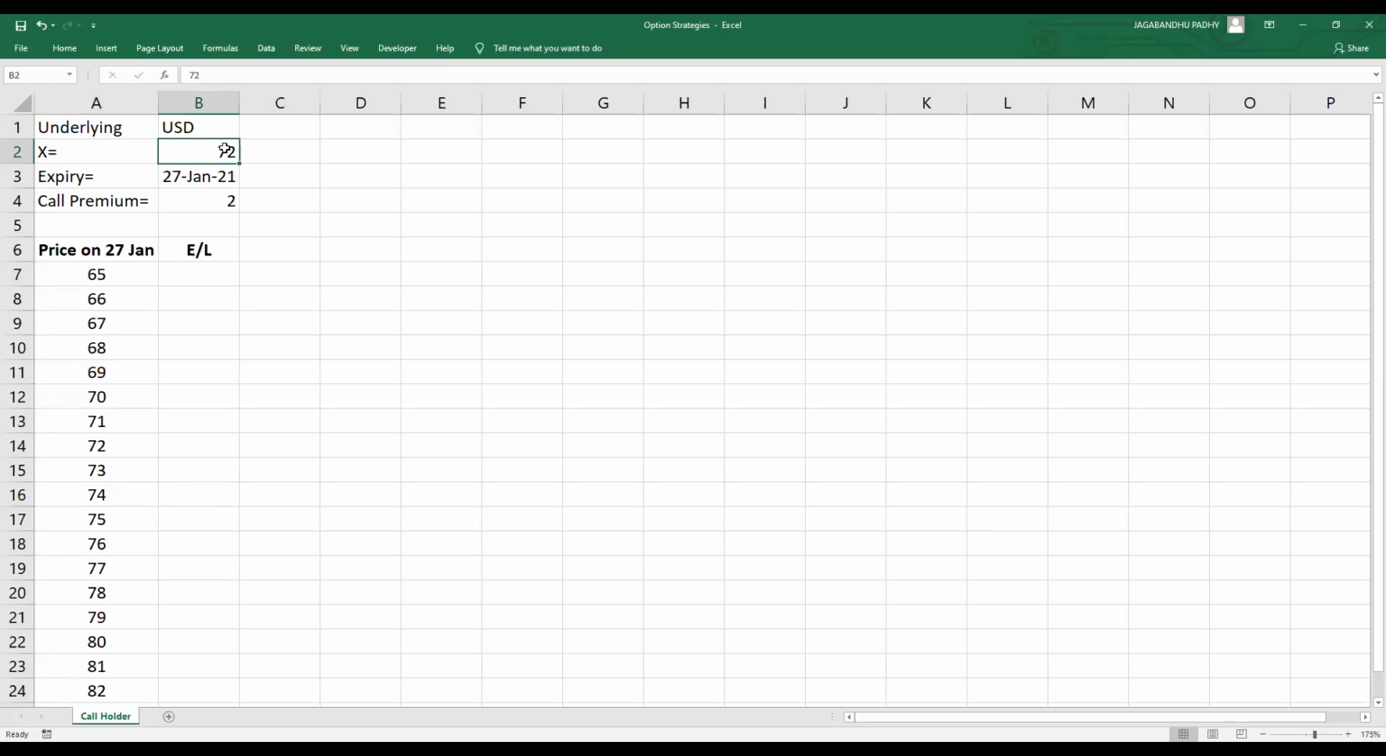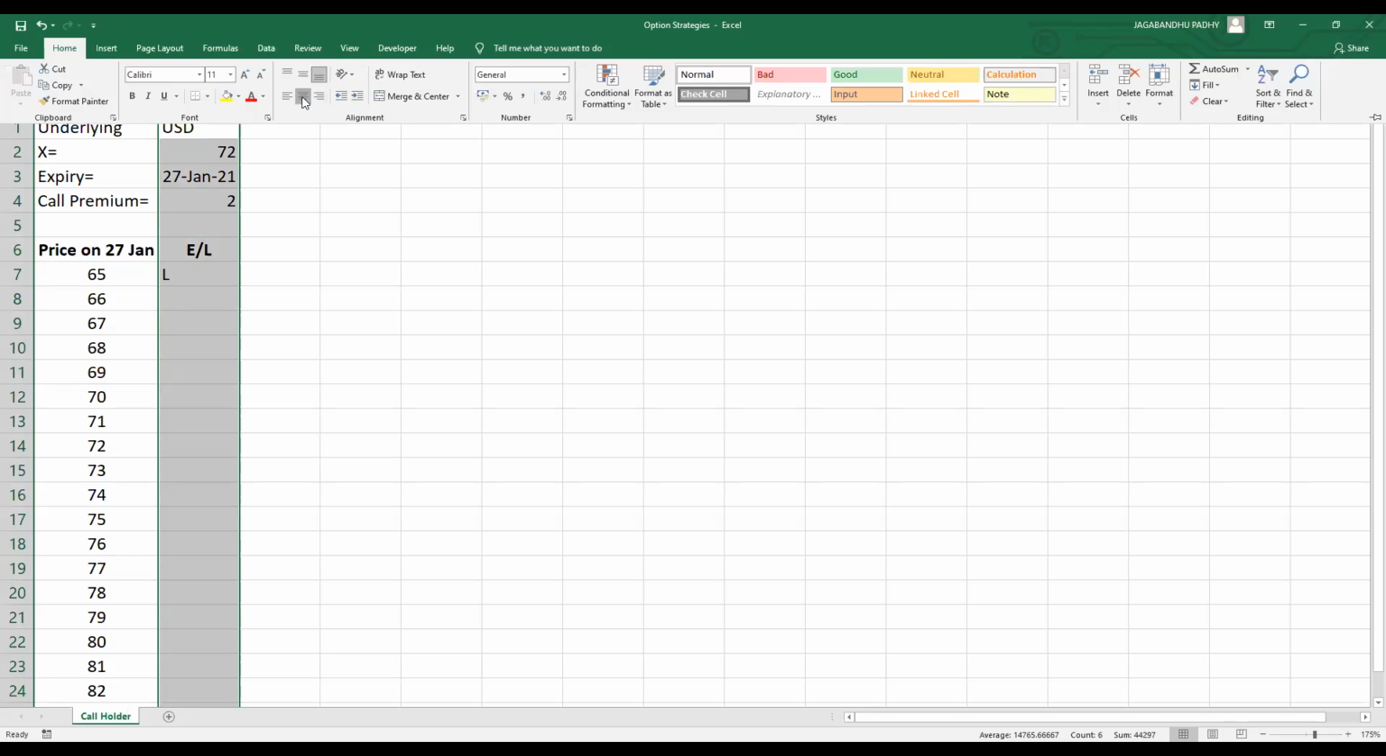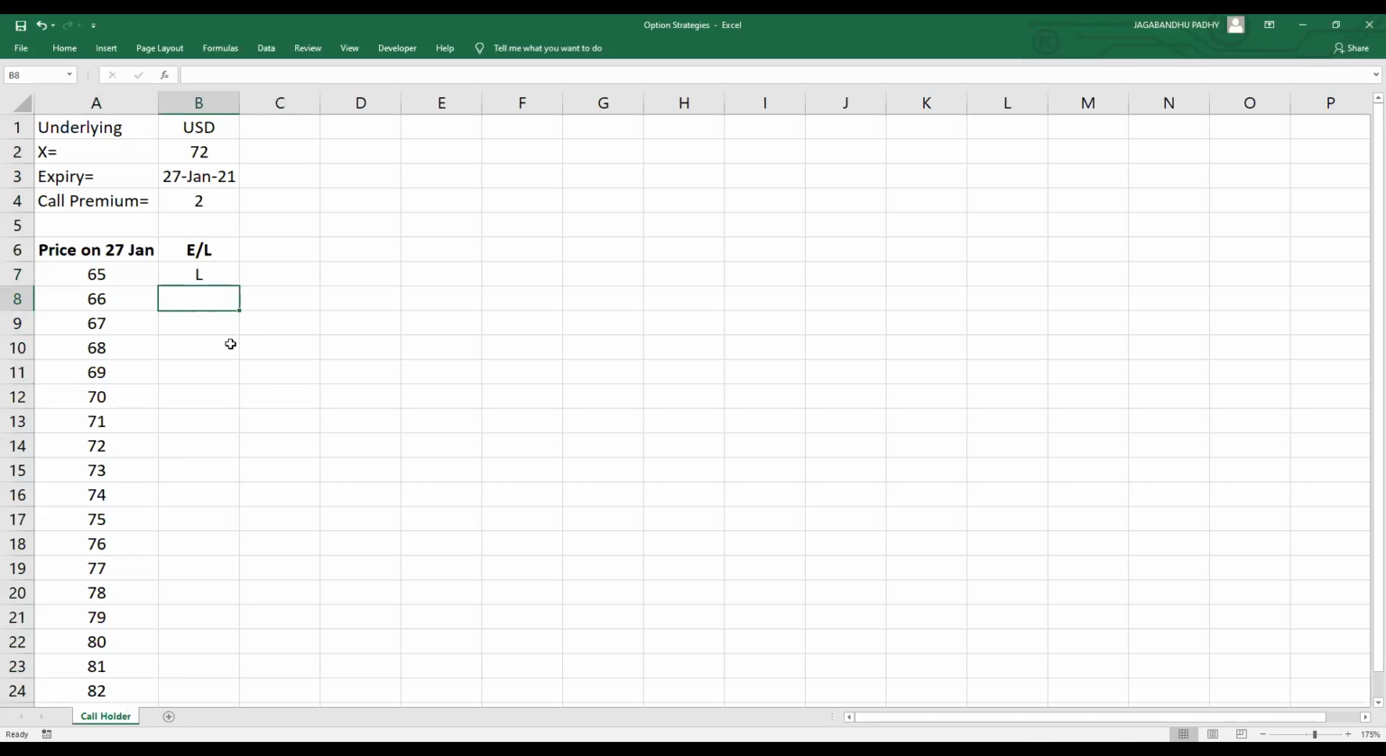65. So obviously he is using the market price to buy, so definitely he is lapsing it. At 66, lapse. How long will this lapse scenario continue? Till what price? 71. Right. Okay, at 72,